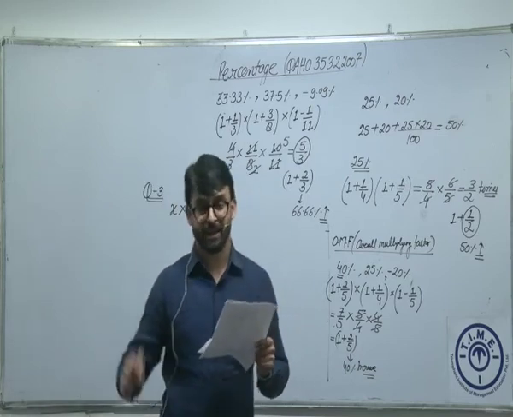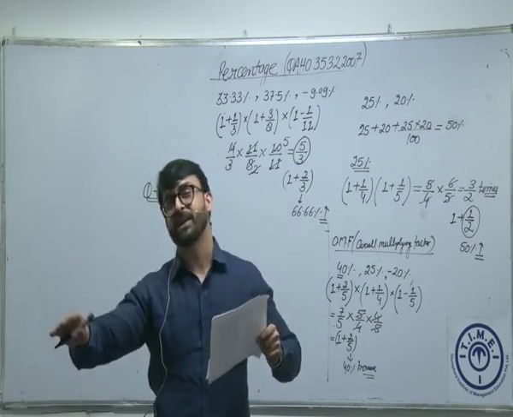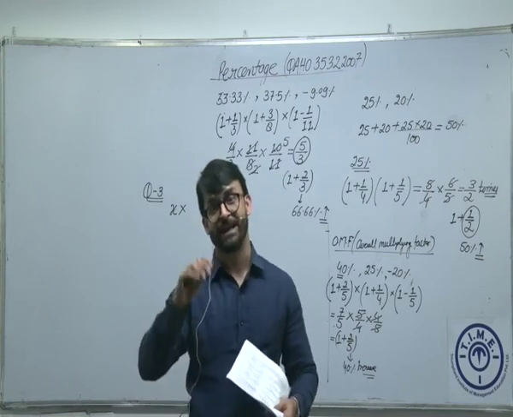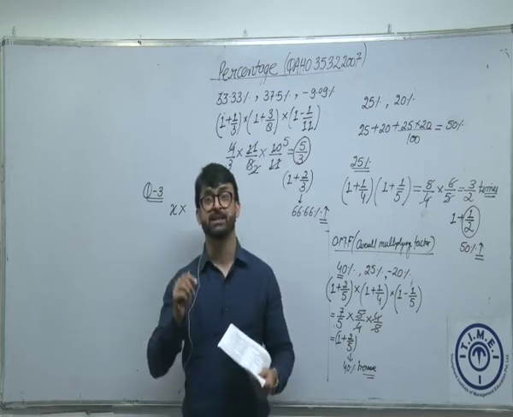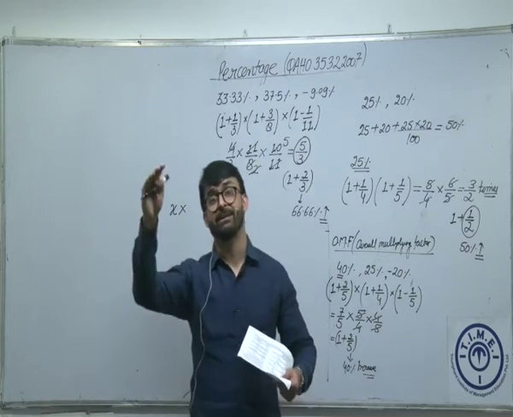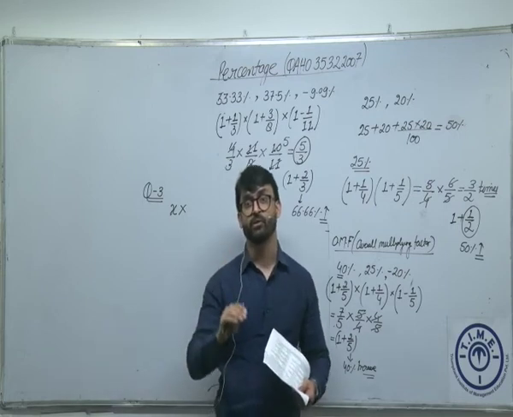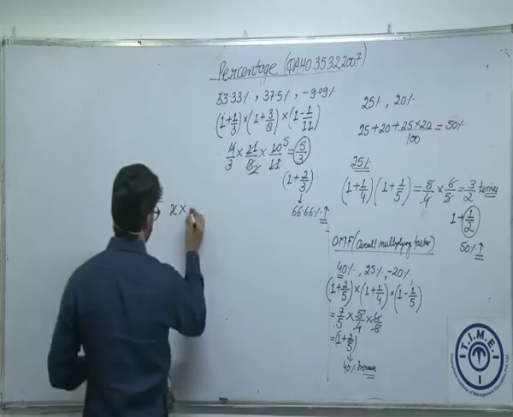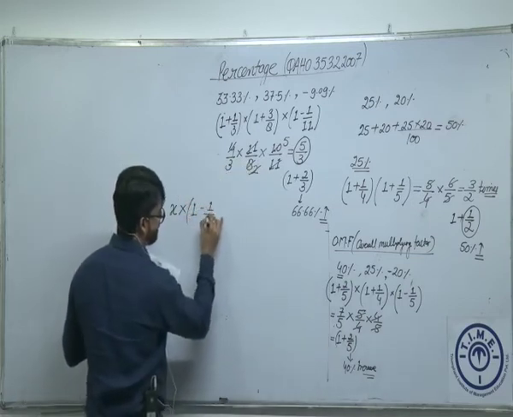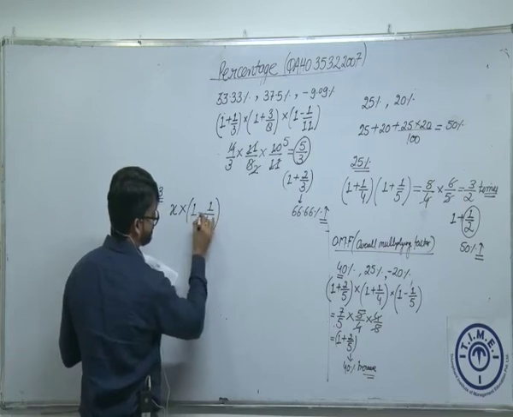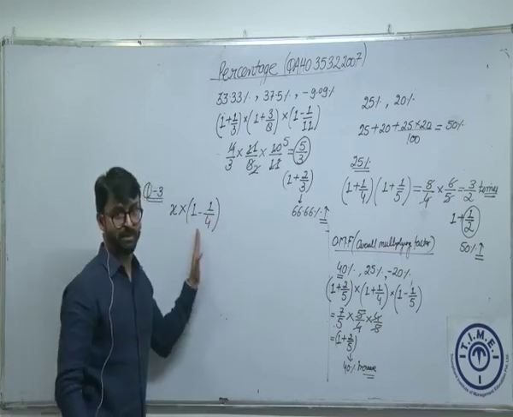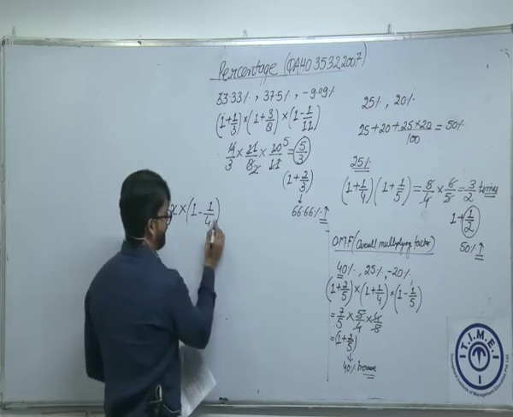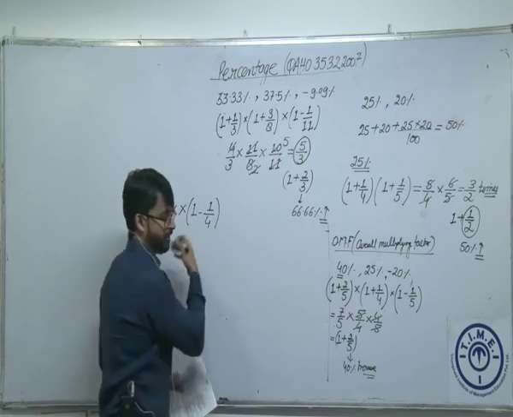Now what I need to understand, if you spend something from your income, will it reduce or increase? Obviously it will reduce. So if you are spending 25% of your income, that means you are reducing your income by 25%. That means 1/4 of your income you are spending on a certain particular head. That means your income left will be 1 minus 1/4 times. Making sense? 25% reduction, 1 minus 1/4. Reduction है, so 1 minus 1/4. Now this is my new or the remaining share from the income.